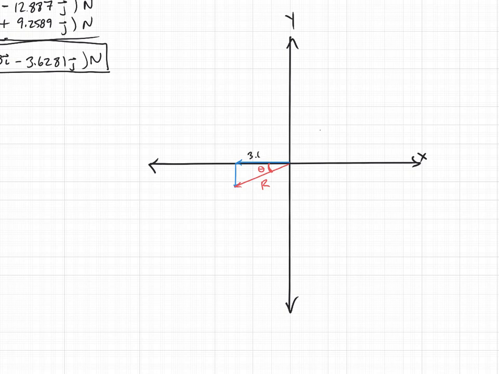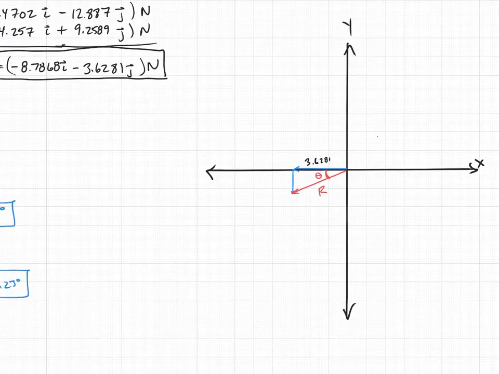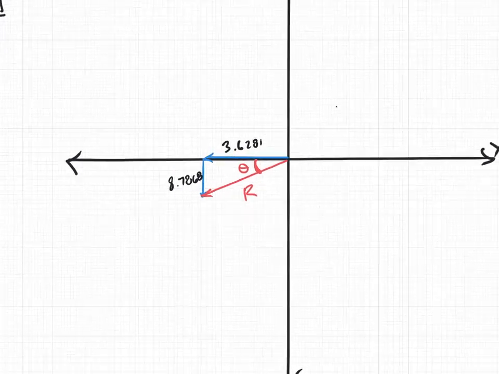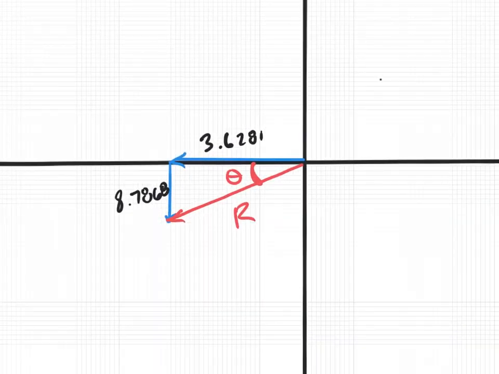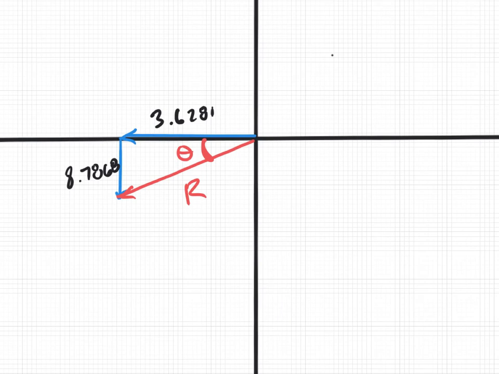3.6281, excuse me, 3.6281, and in the vertical, 8.7868. Okay, boom. All right, so to get R, well, we're going to want to do the Pythagorean theorem, right? So we'll say, okay, well, R equals the square root of the two sides, right? A squared plus B squared equals C squared. So